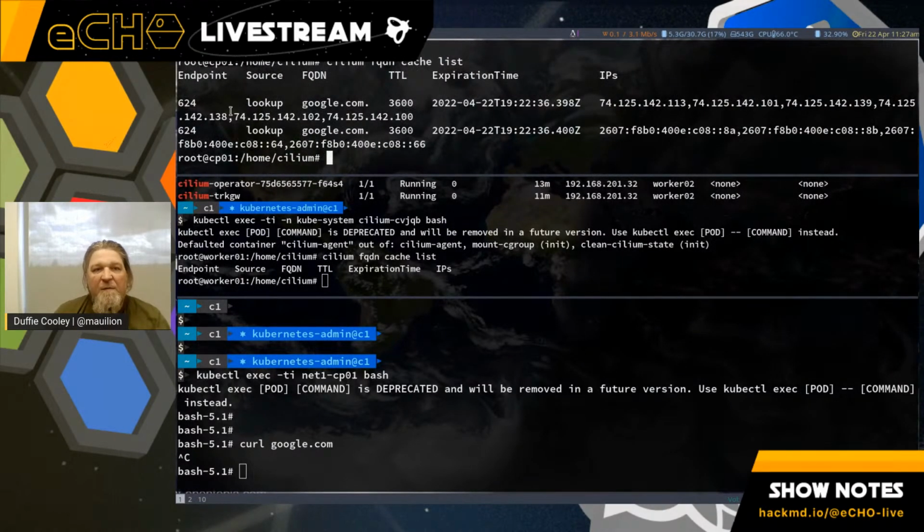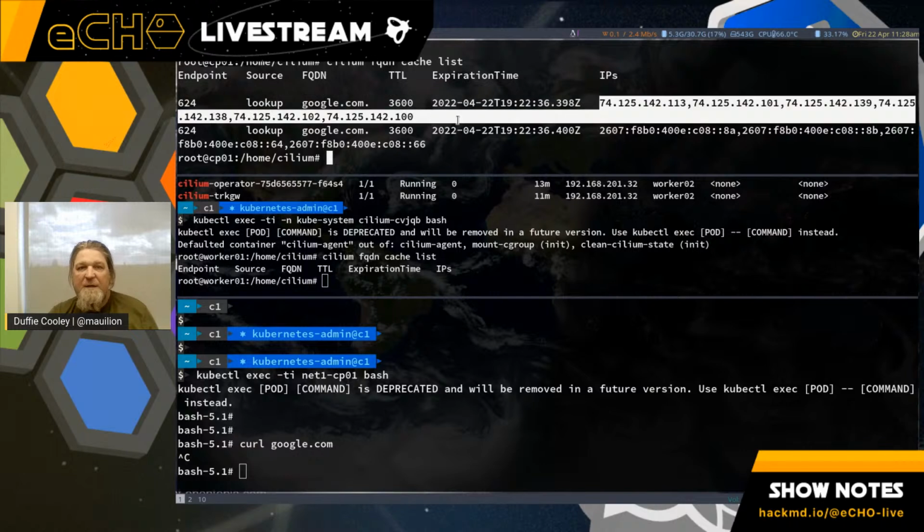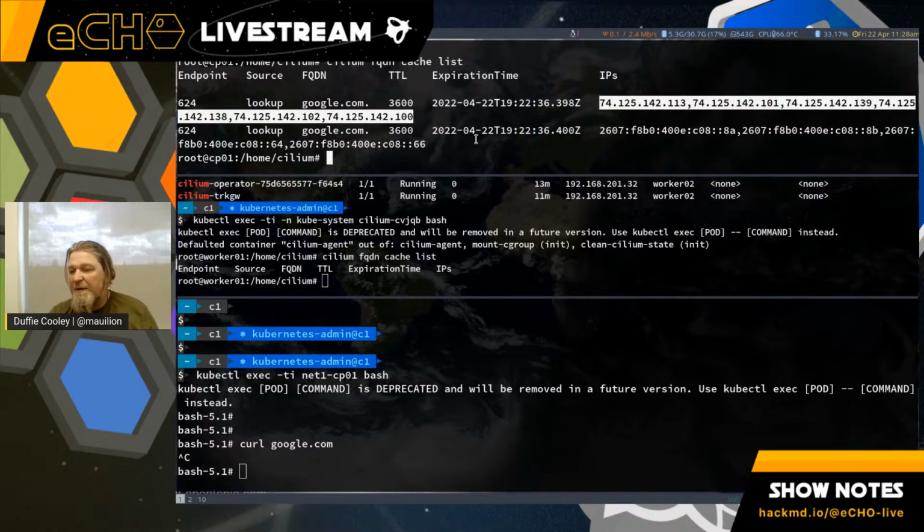Once it moves from lookup to source connected, then as long as it's still being used, you would still be able to keep that record alive. This is true if there's any pod making use of that IP address or one of these IP addresses, then that record will continue to be alive.